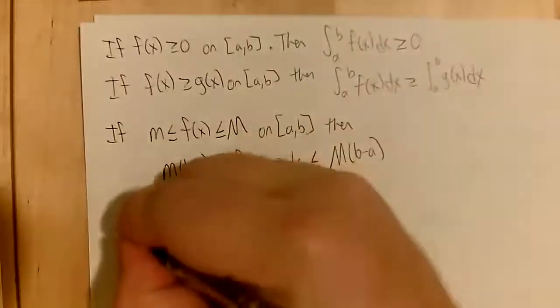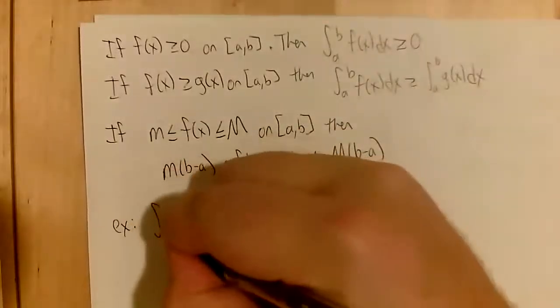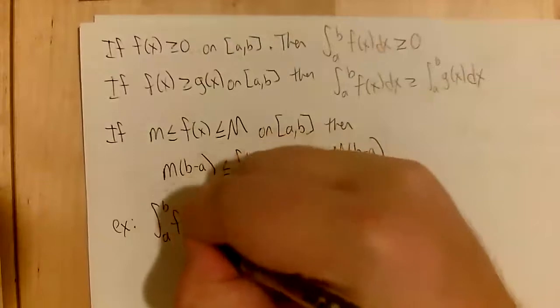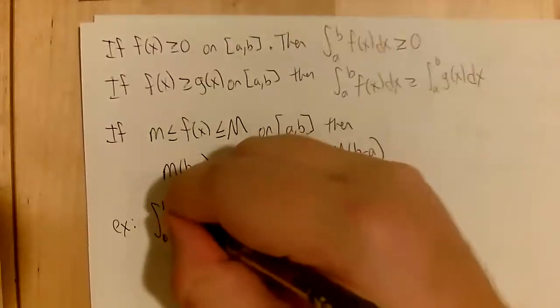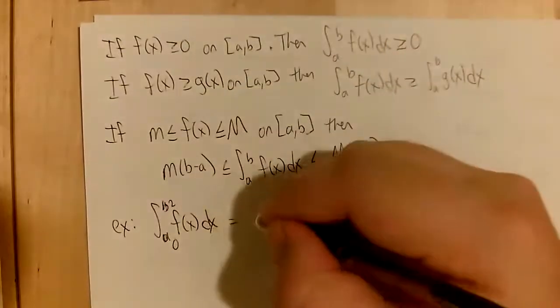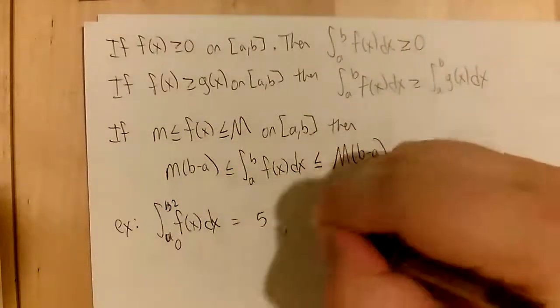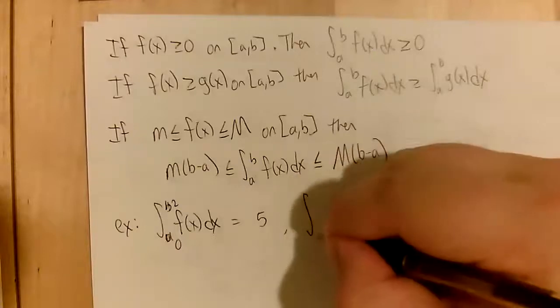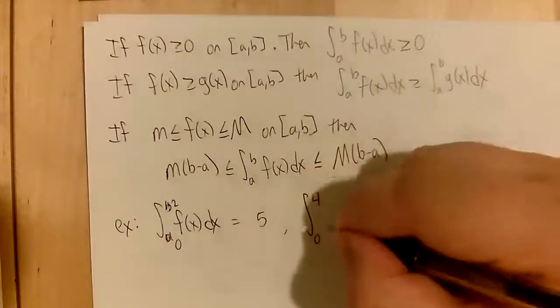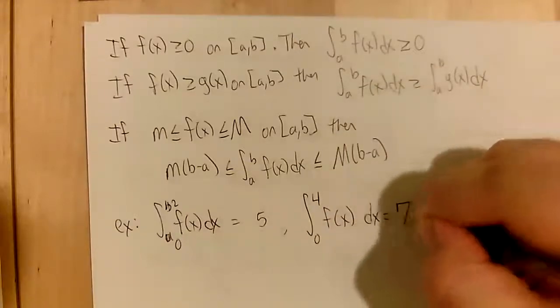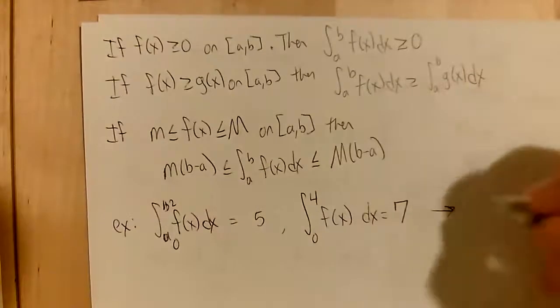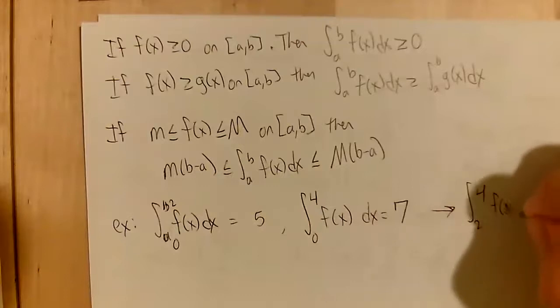All right, so for our first example, let's say that the integral from a to b of f of x dx, well, let's use specific numbers, 0 to 2 of f of x dx, let's say that's equal to 5. And then we have the integral from 0 to 4 of f of x dx, and that's 7. So the goal of this problem is to find out what the integral from 2 to 4 of f of